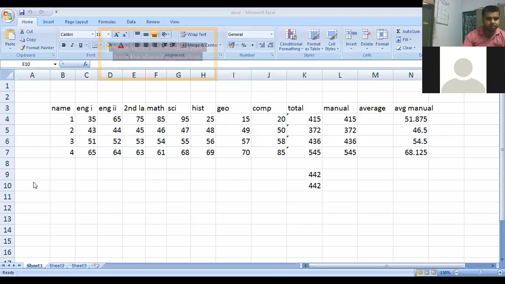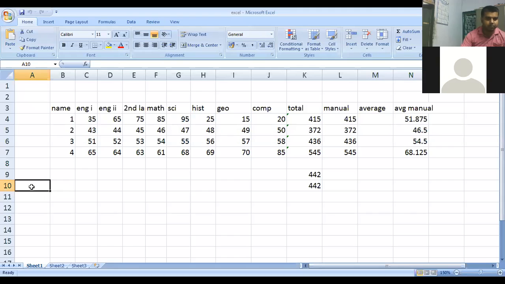So suppose right now I'm clicking here. Now the moment I click here, this is the selected cell. On the left side you will see the column name, that is A, and on the right-hand side it's 10. So A10 is the name of this particular cell.